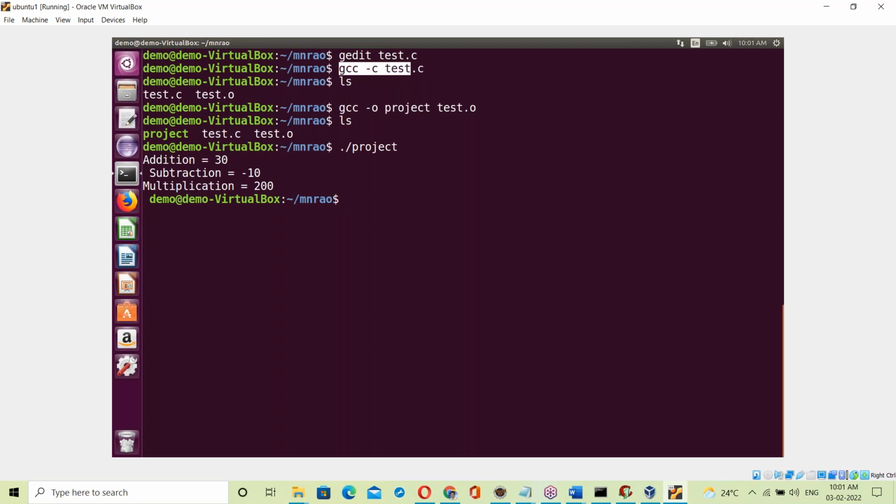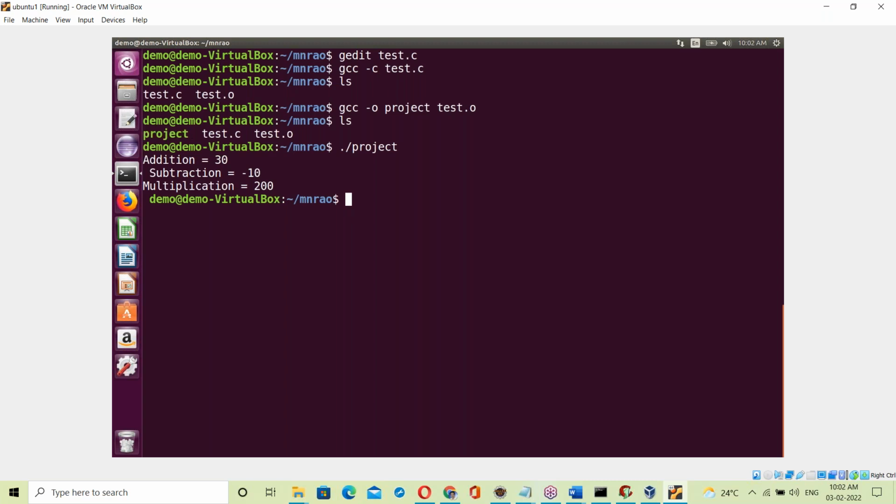See, first it compiled, and after compilation a test.o file was generated; .o means object file. In the next step we converted it into an exe file. So GCC, the C language compiler, generates the exe file, and the project exe file is generated.